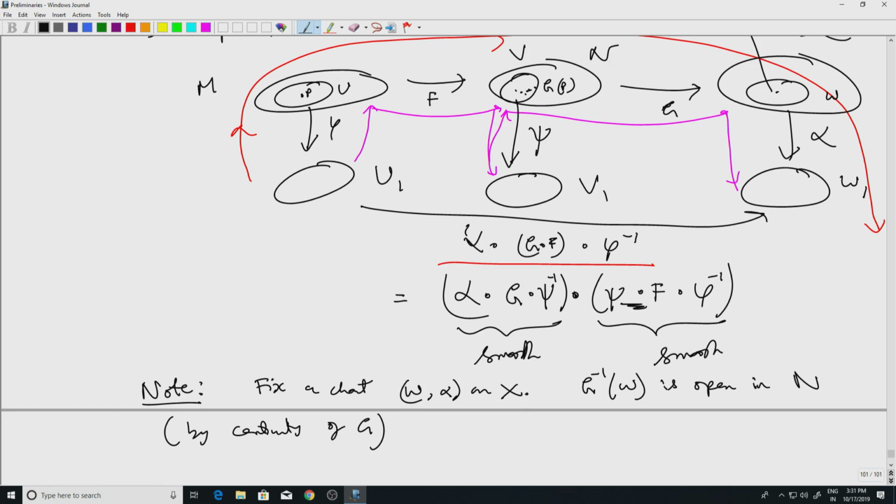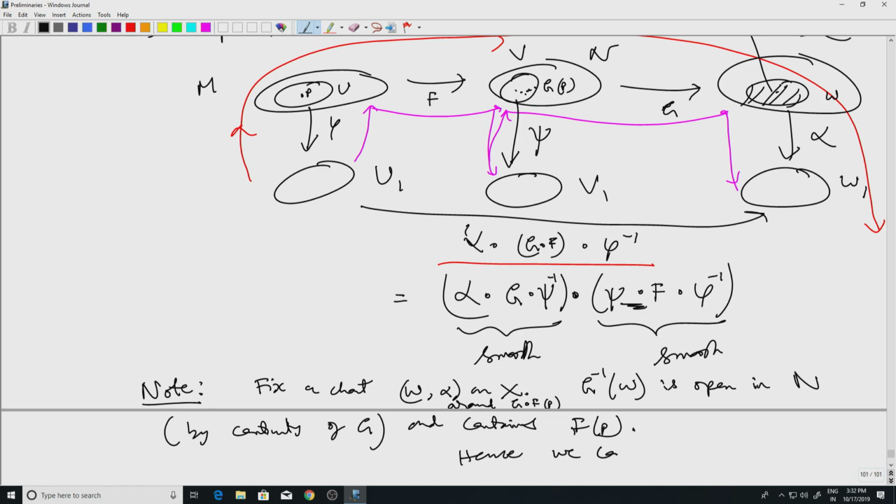What else? Well, right, and contains... fix a chart, of course, this chart around the given point G of f of P. And when I take G inverse, it will contain f of P, this inverse image of this set. There's something here in N, since I get an open set,